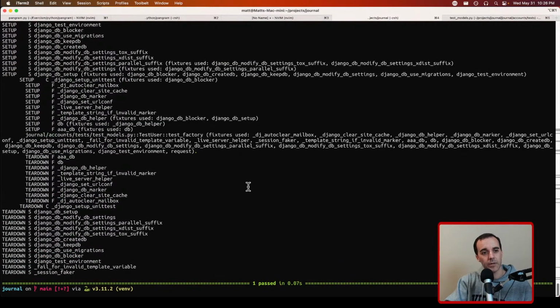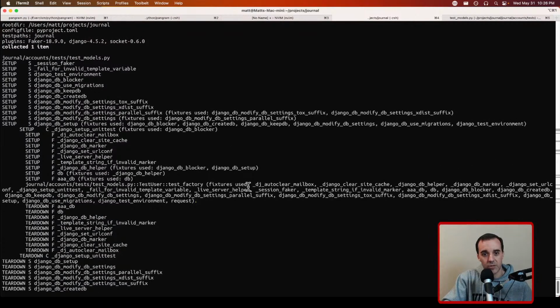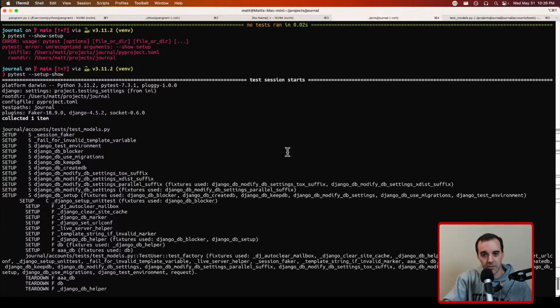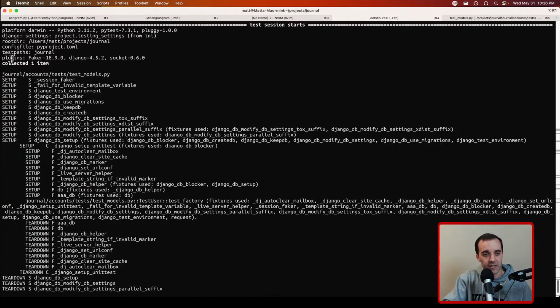It's a lot of output, but you can see there's actually a lot of stuff that happens every time we're running that one test, which is why, you know, computers are fast, but it still takes 0.07 seconds to run this one test. And the reason is because it's running all this code. It's running all of these fixtures to set up a test database, to check with migrations and use all of that. Although I want to turn that off in a little bit. And so on and so on,